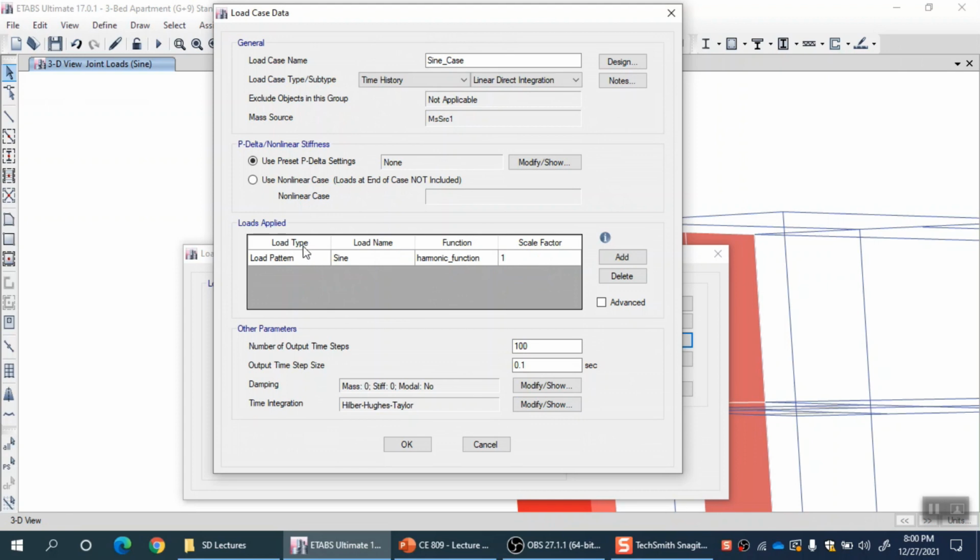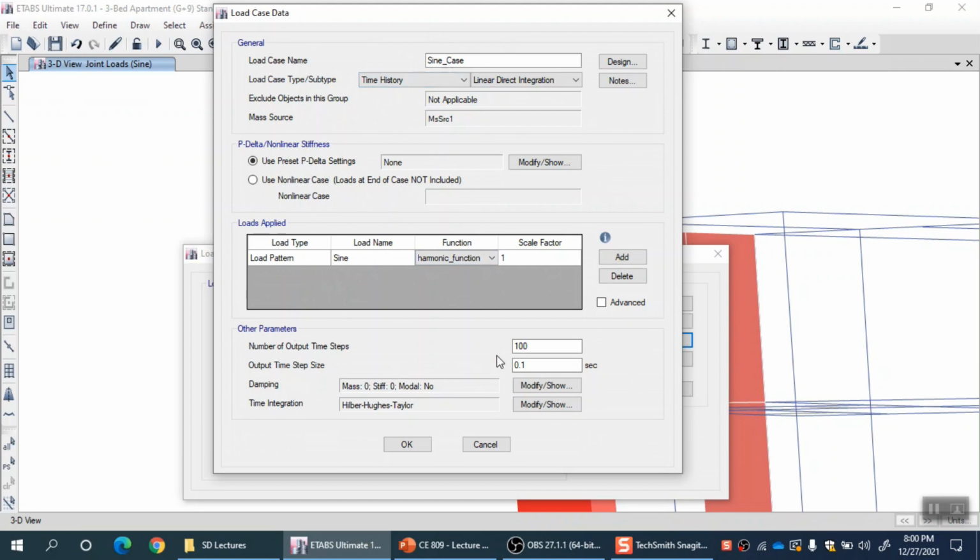So you are telling the program that now that 1000 Newton or kip should be multiplied by harmonic function having an amplitude equal to 1 and having a particular duration and a particular omega bar, and then apply it as a time history load case, right.